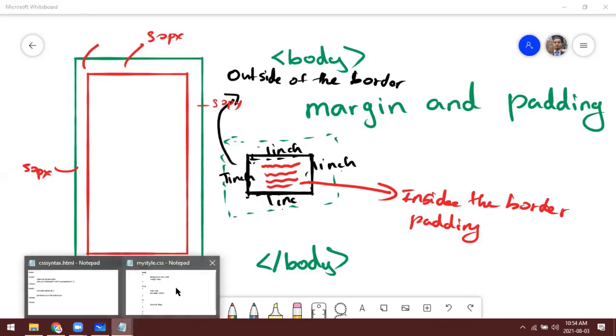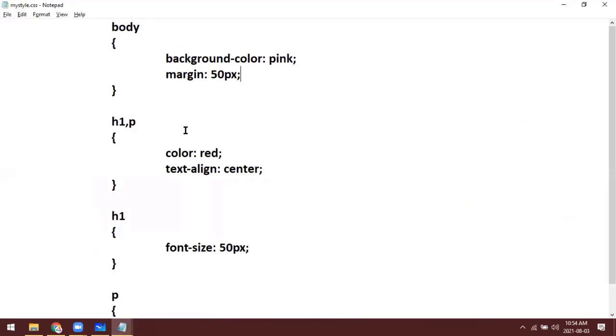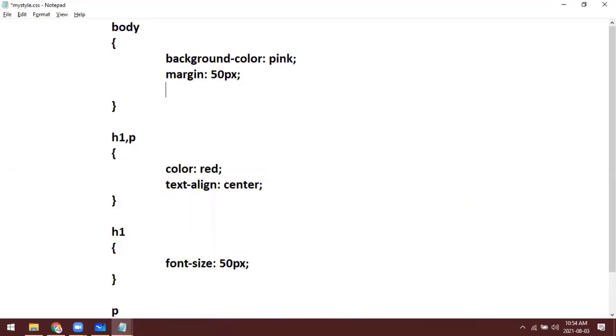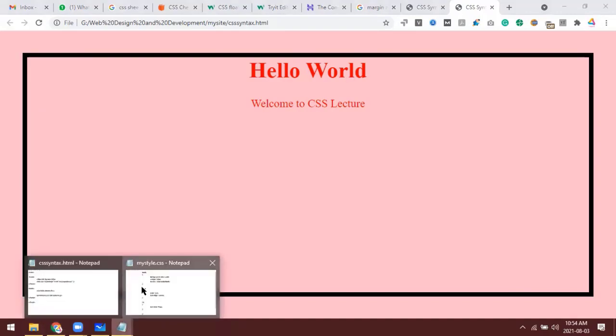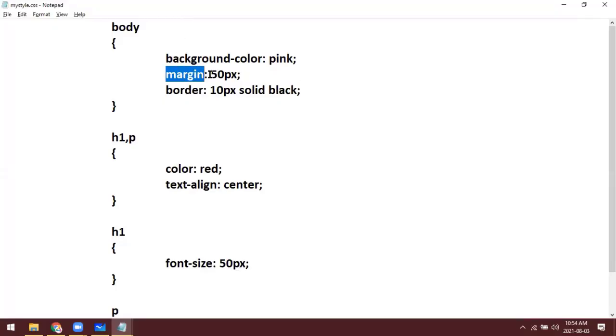Now I am applying the border, right? For example, border 10 pixel solid, give the color black. Now you see here, this is the 50 pixel margin we left for all these directions using the property margin 50 pixel.